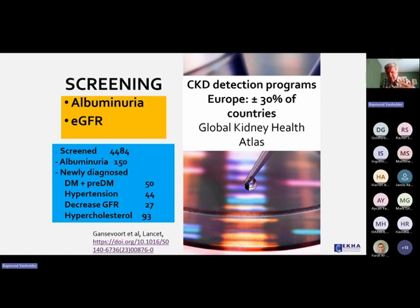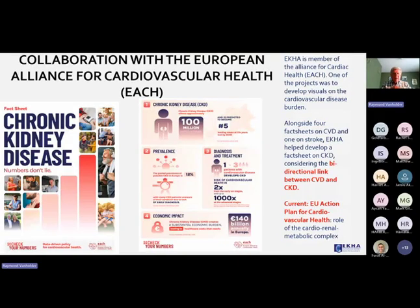And something that we are fighting for heavily is that albuminuria testing would be reimbursed all over Europe, not only for diabetes, but for the general population, and, for instance, be coupled to colon cancer screening. In this context, we have been also